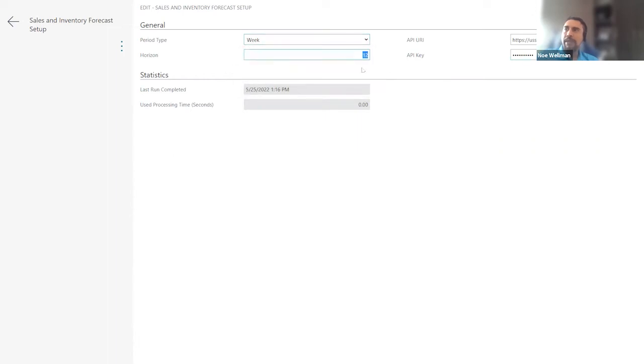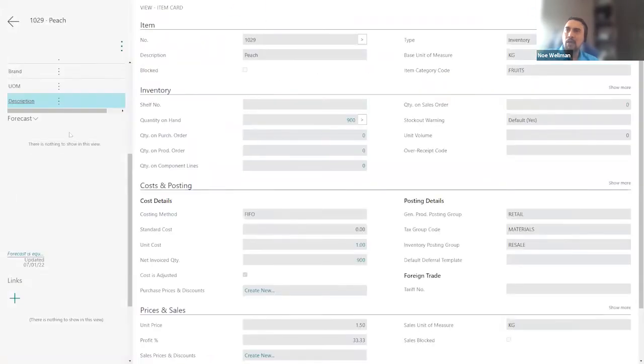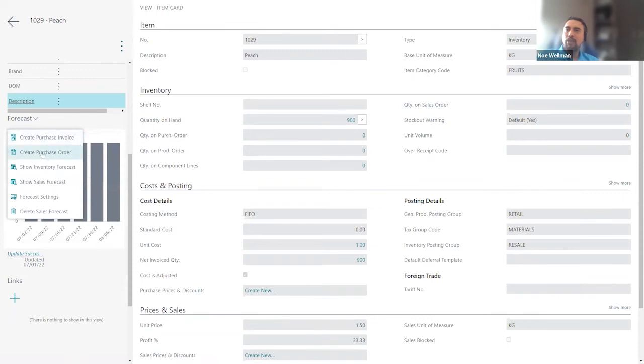The horizon will be 12 months. Basically, the horizon is just to verify the future, okay? As for historical periods, we are going to need only 6. If you want, we can implement this for you. So you get this assistant, right? And the idea for inventory forecast is that you can create your purchase order from here when it's required, okay? So seamlessly, at least for this item,